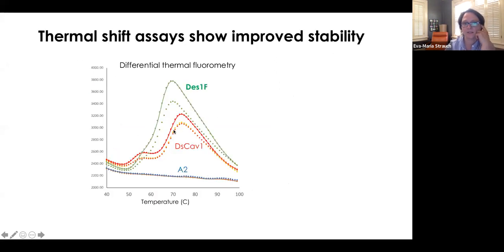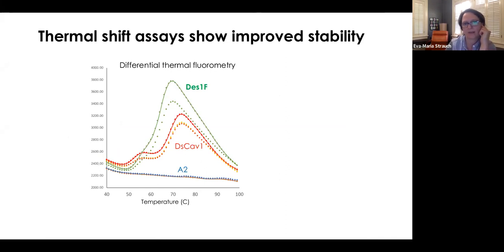Then you can look into differential thermal fluorometry. So this is then the derivative, and you can see the melting points roughly. It's here it starts to melt, where we're a couple degrees later in melting,